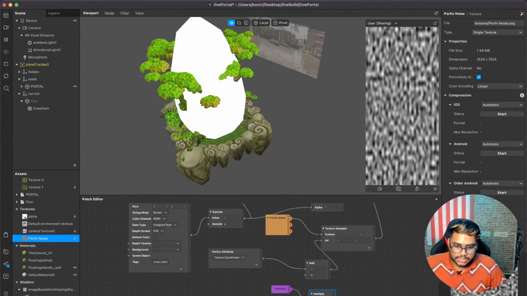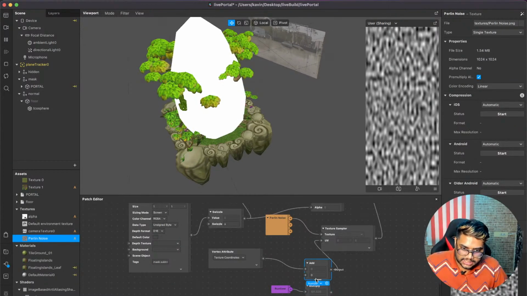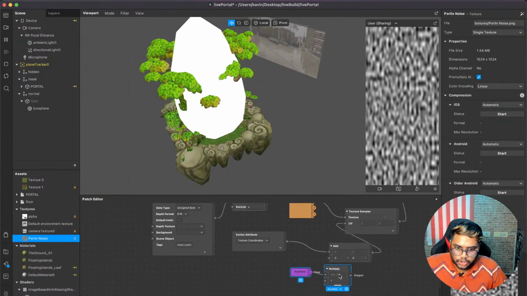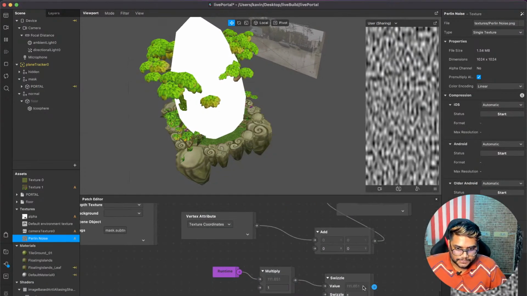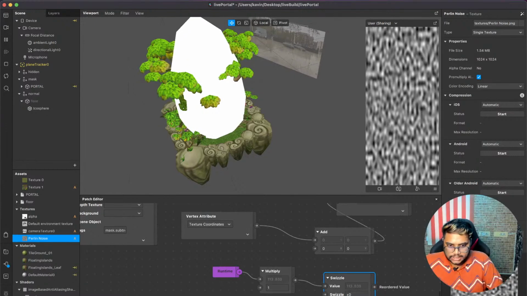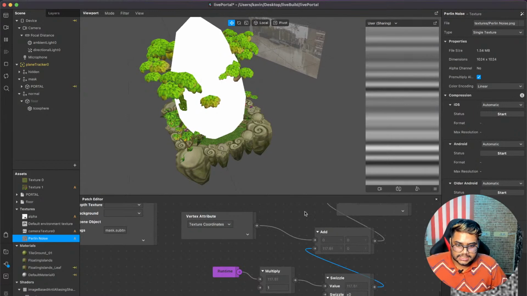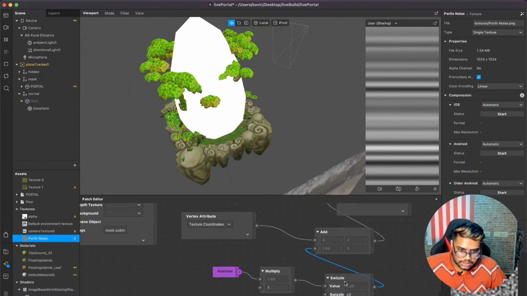So what we are doing is basically moving it a little upper, on the X and Y, Z axis. But wait, I want to move this on the Y axis up. So I'll just create a swizzle. I'll explain what I'm doing in a minute, but you can just see here that once it's more, I'll just make this maybe